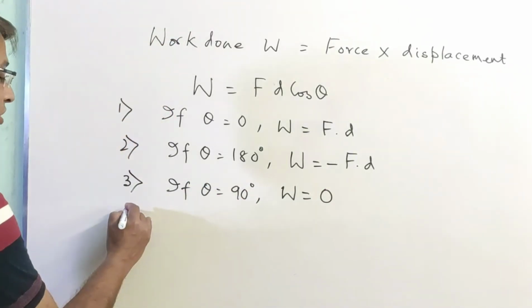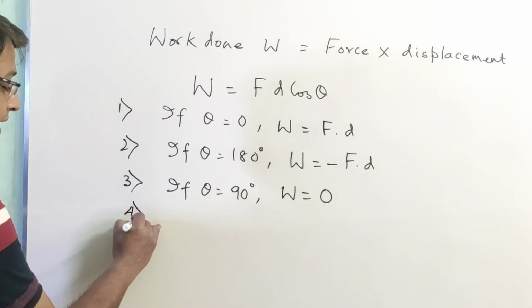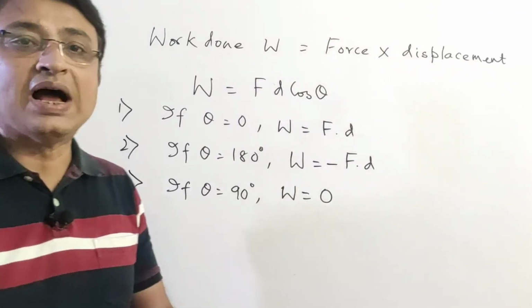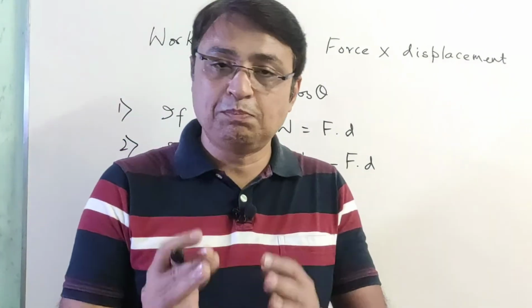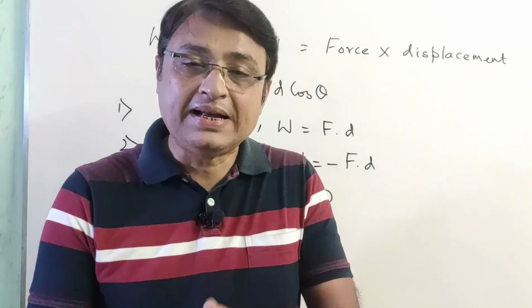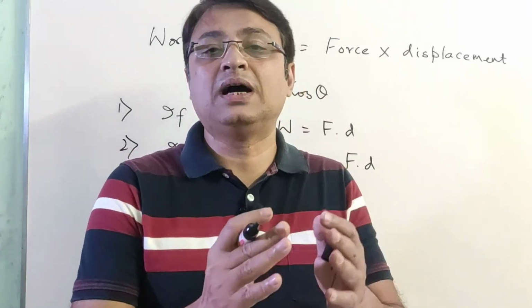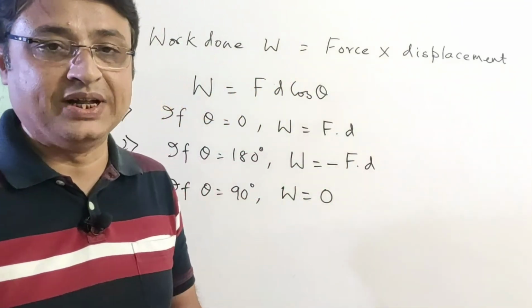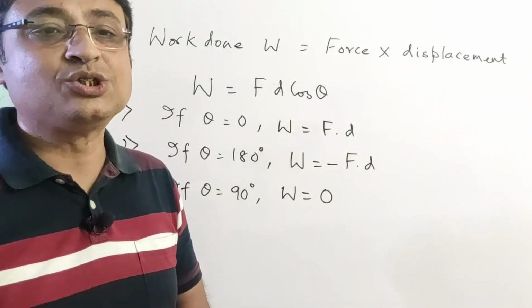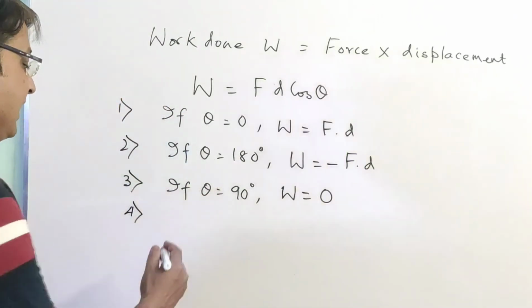Now let's move on to case number 4, and that is when you have applied a force and the displacement of the object is making an angle theta with the applied force, then W equals F into d into cos theta. So this is the general expression